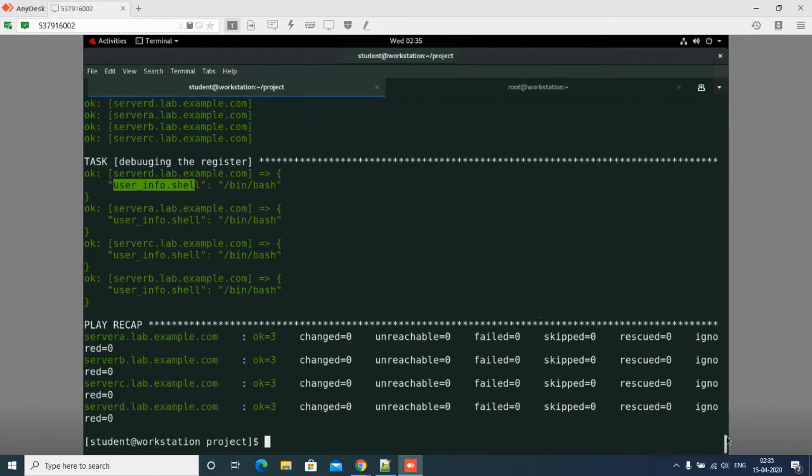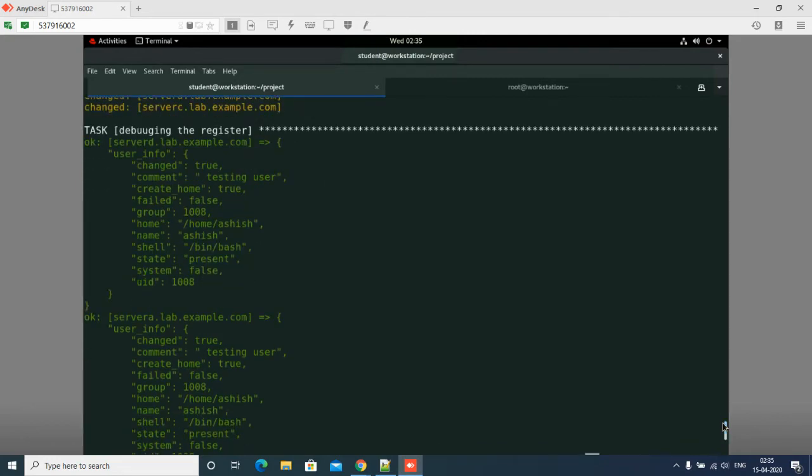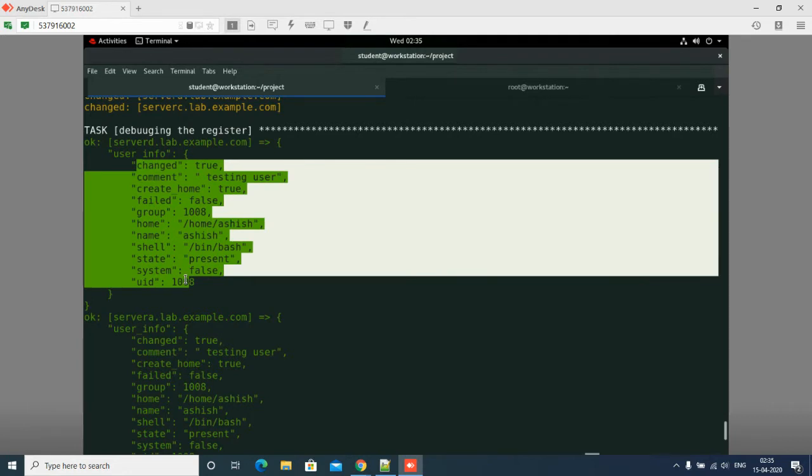Now suppose I want them to print some other message using this variable. I can use it anywhere. This is one variable I have stored, and these are all the values inside this variable. So it should give me one message when state equals present.